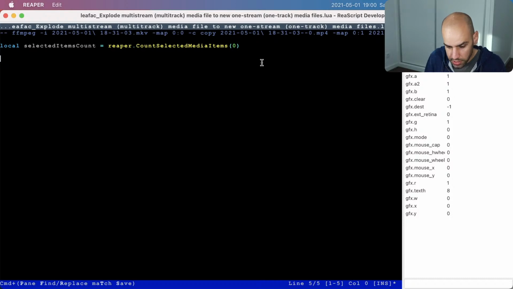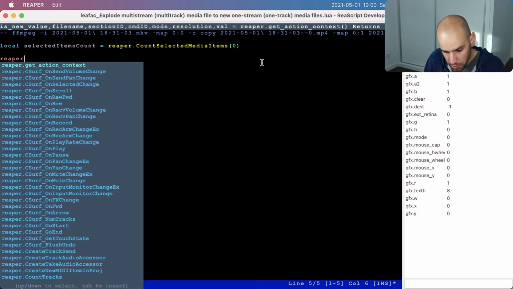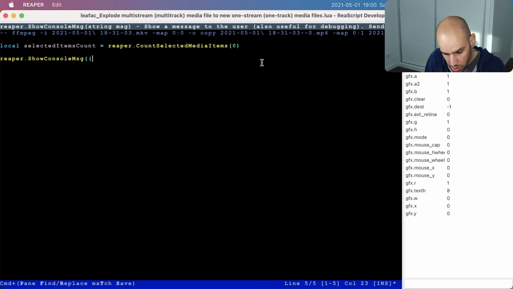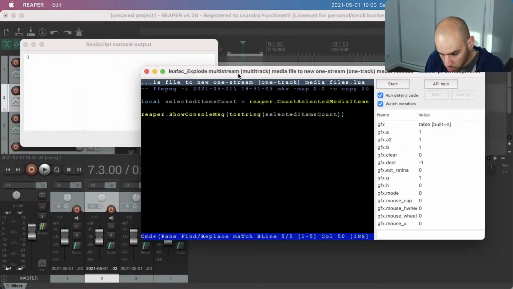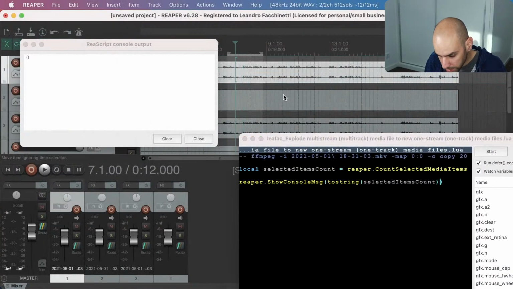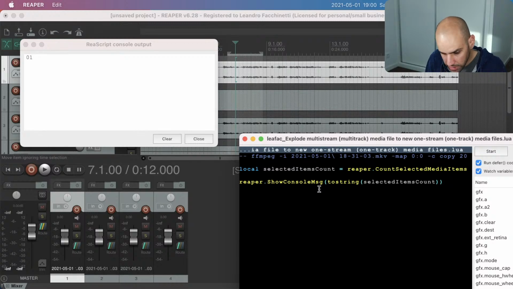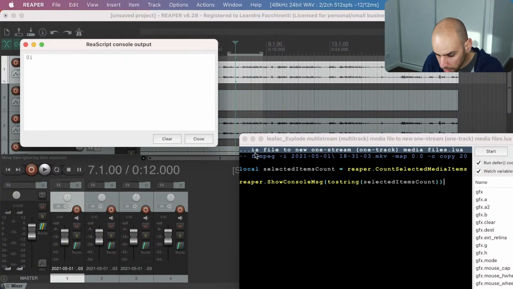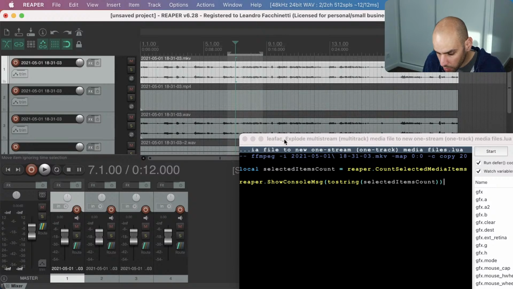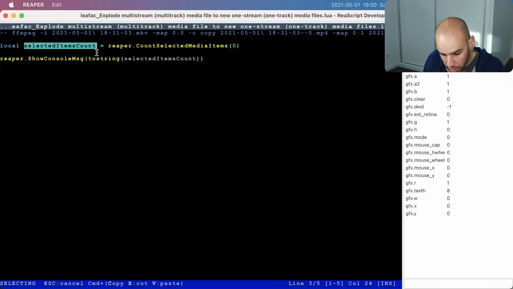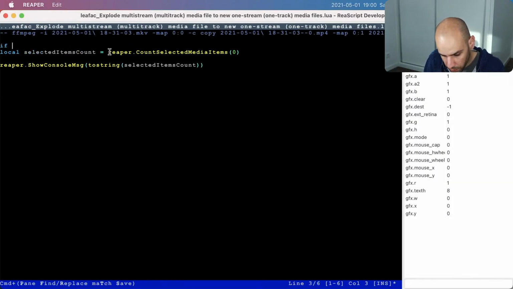And I want to see this somehow. So there is the Reaper show console message, and it takes a string, so I can convert this to string. And when I run this, I get the number 0 because there are no items selected. When I select an item and I save again, I see the number 1 because there is now one item selected. So with that, we can say if the number of items selected is equal to 0,